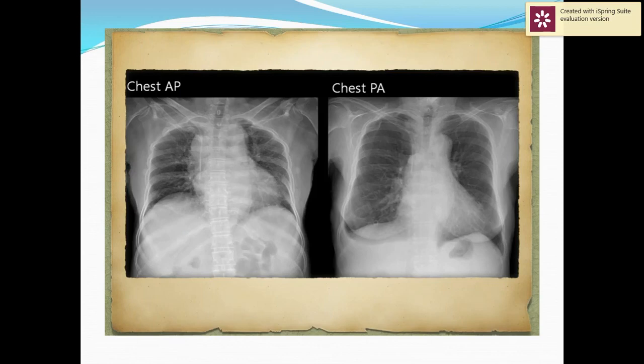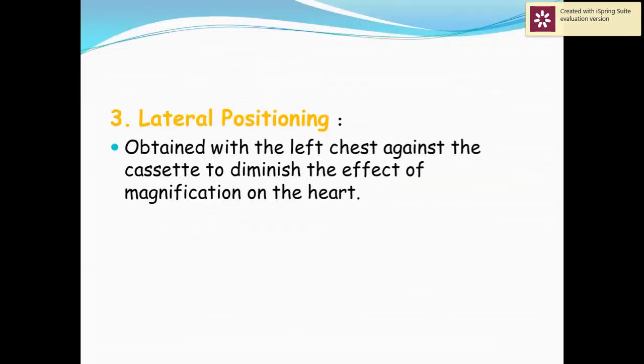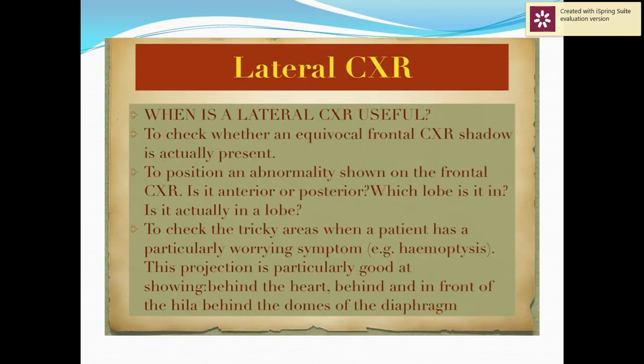Another example to differentiate between AP view and PA view. Lateral chest X-ray, lateral positioning obtained on the left or on the right against the cassette. Lateral chest X-ray is useful to check if there is